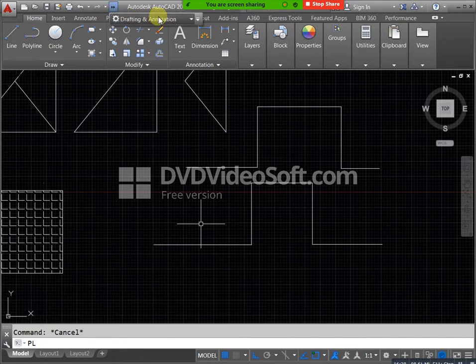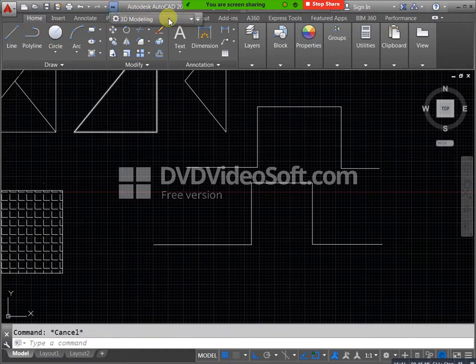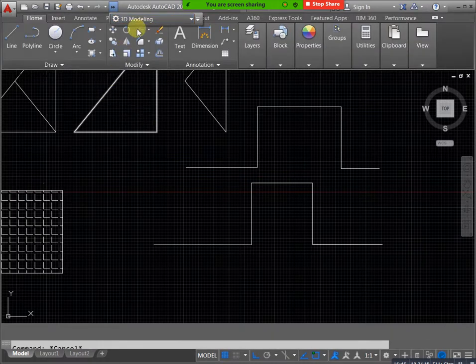Just you can see here also we have all icons, draw commands, modify commands. But you need to search your command. Where is our command? Where is our tool? You need to search. But if you know shortcuts, you can work very well, very fast. That's why you definitely need to remember your shortcuts in AutoCAD, okay. Always note down your shortcuts.